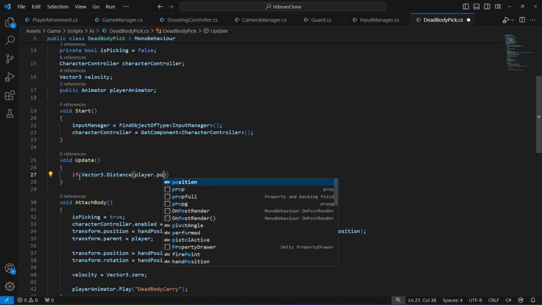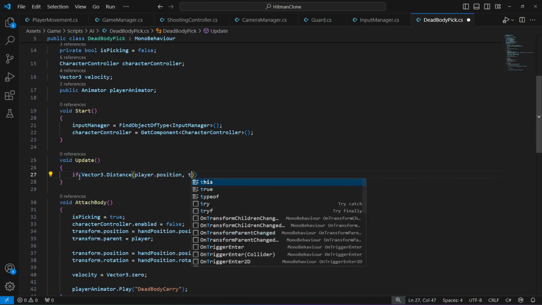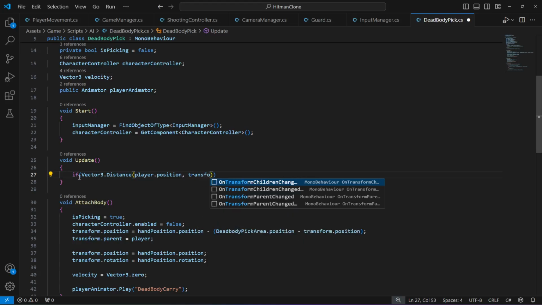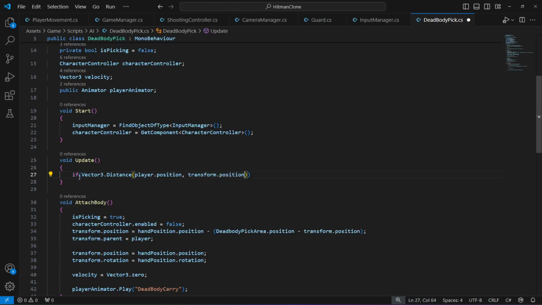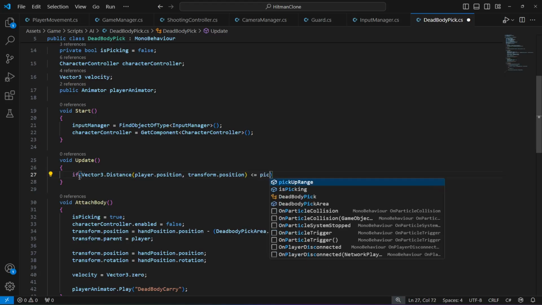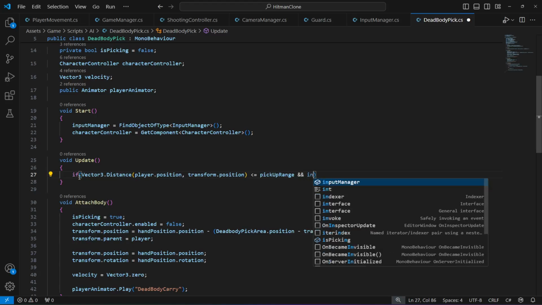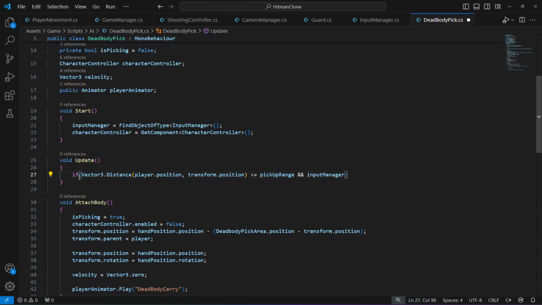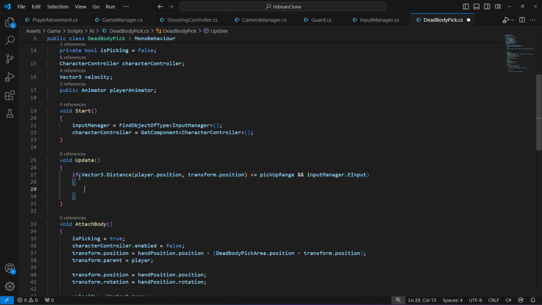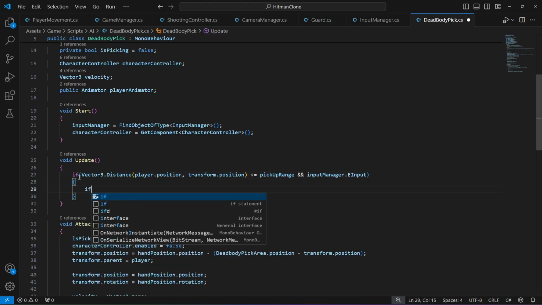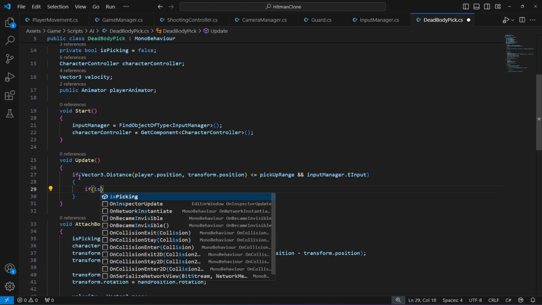We're gonna check if the player dot position and the dead body position is less than or equals to the pickup range. If this is the case, and if we press the E key, so input manager dot E input is pressed, then what we're gonna do, we're gonna say if is picking is true,